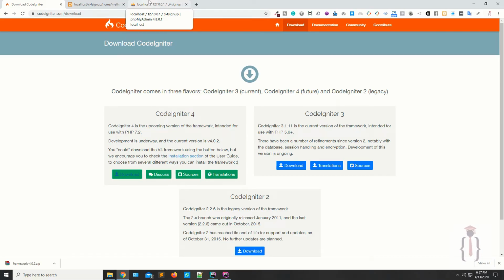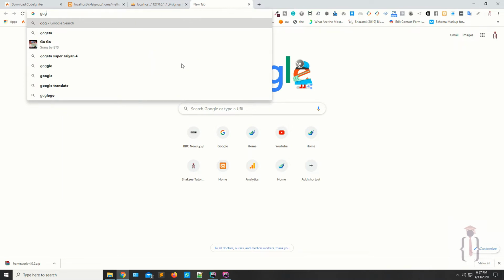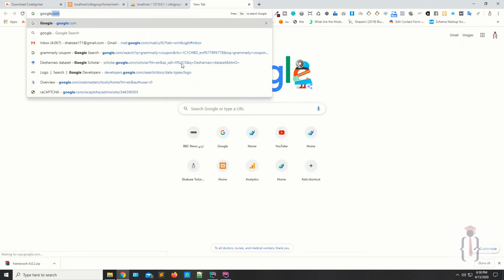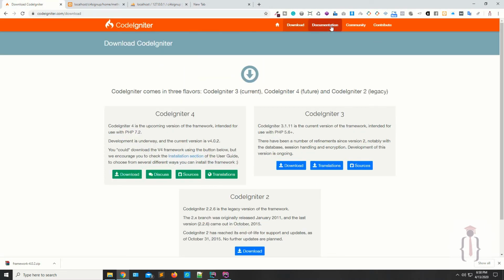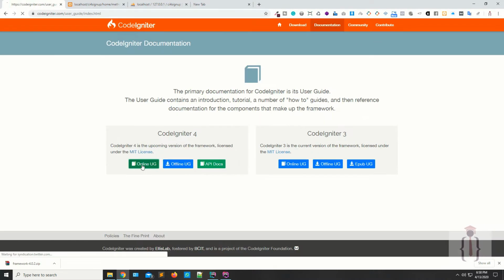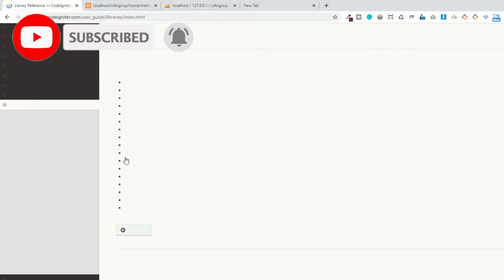Today we are going to cover sessions. This section is only for new users, so they can easily understand how sessions work in CodeIgniter 4. So if you are already familiar with sessions in CodeIgniter 4, you can also skip this video. Okay, now if you go to the CodeIgniter 4 documentation, open your documentation, you have the libraries sections, and also you have